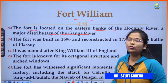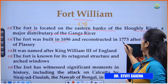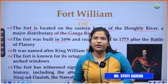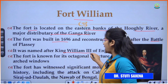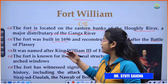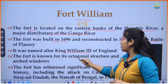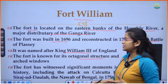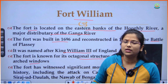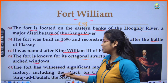If we talk about the fort, it was built in 1696 and it was reconstructed in 1773 after the Battle of Plassey. The fort has been named after King William III. As you can see the photograph of King William III, he was the King of England, and after his name, this has been named as Fort William. The fort is known for its octagonal structure as well as its arched windows. This fort is an eyewitness of many events in history, like the attack on Calcutta by Siraj, the Nawab